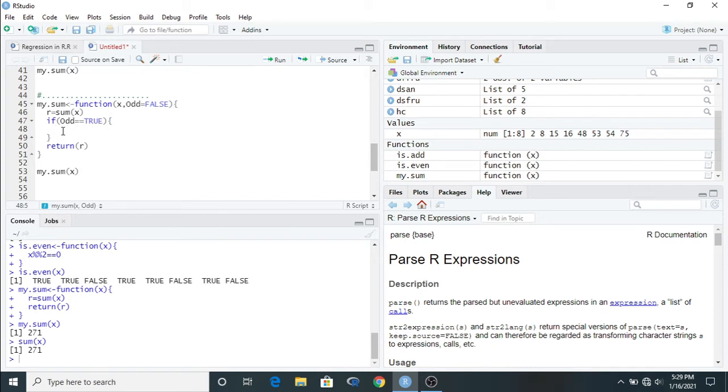So what happened here, first of all we have to identify which are the odd items. Suppose I put a here, and I want to identify the odd items.